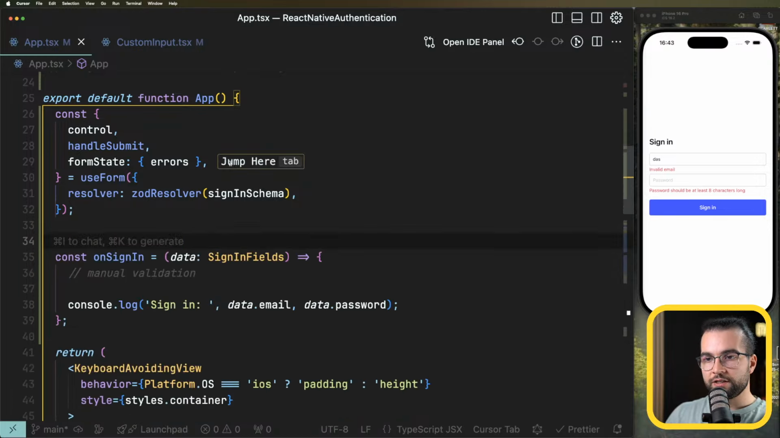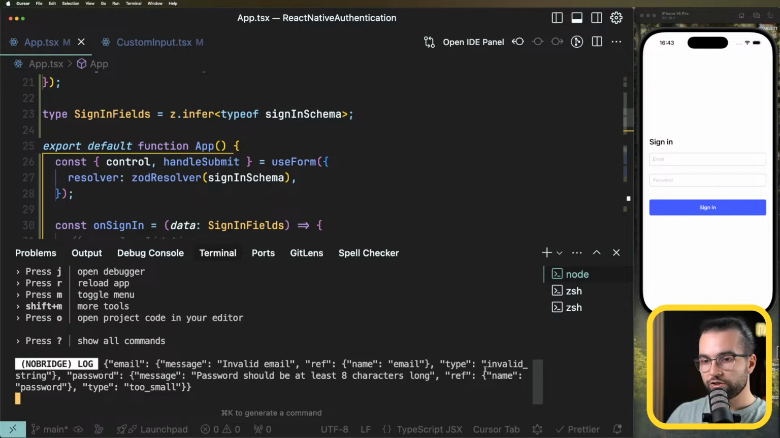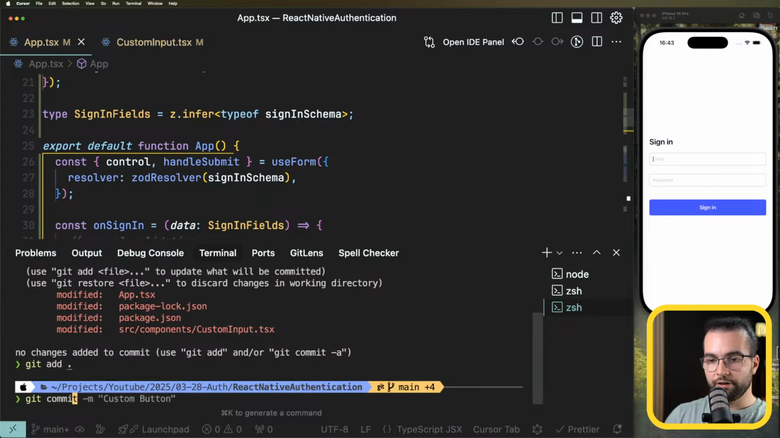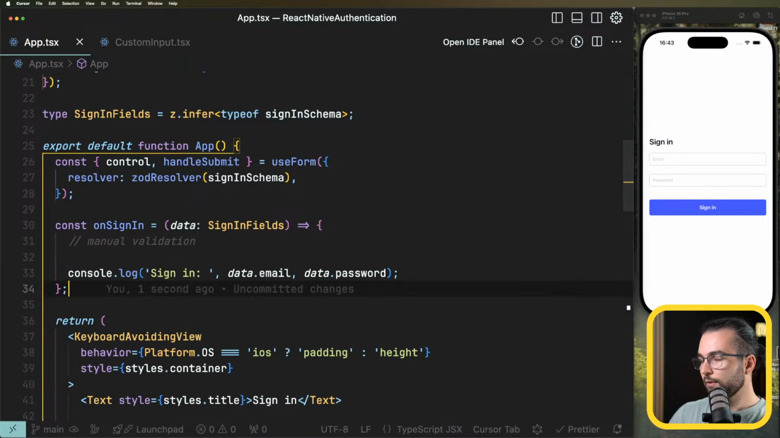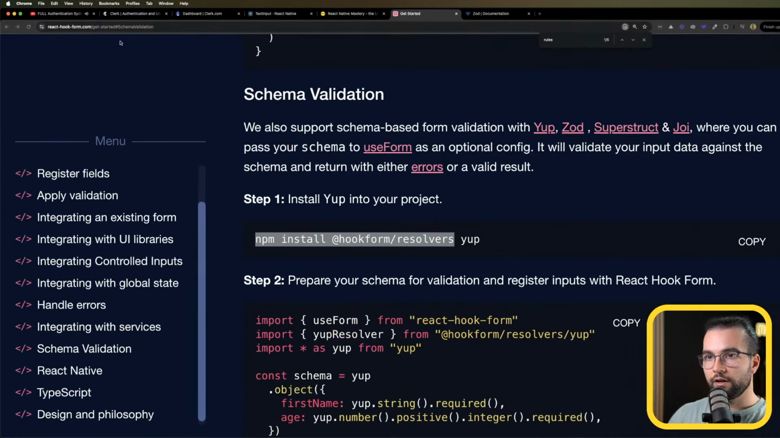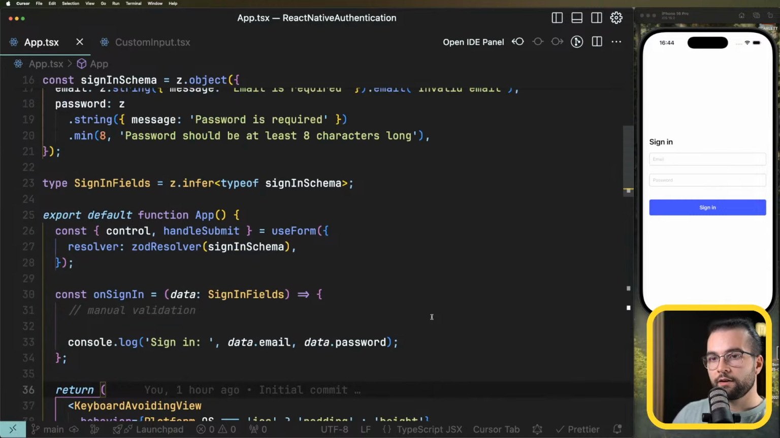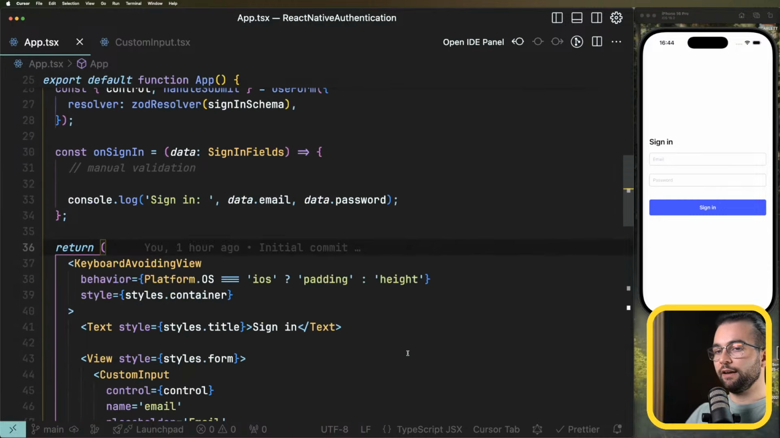So I think, if I'm not mistaken, these are most of the things here. So let me do git status, git add, git commit -m, React hook form. And the next, where is it? There is also one thing here that